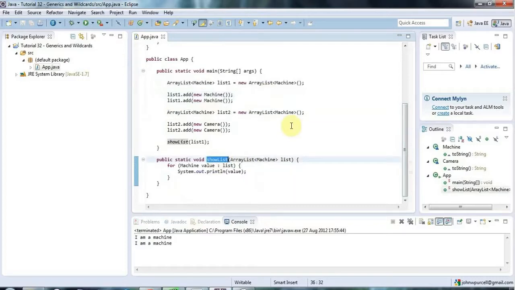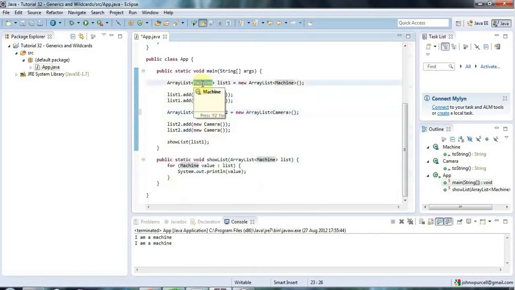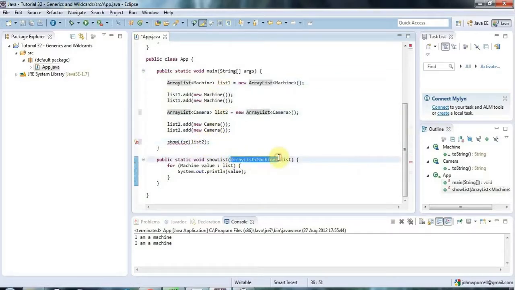Because the temptation is to think that, okay, because camera, sorry, this should be camera, because camera is a subclass of machine, then you sort of think, well, array list of cameras must be a subclass of array list of machines. And then you think, well, surely here I can pass list 2 to this method. This method accepts an array list of machines, so I should be able to pass an array list of cameras,